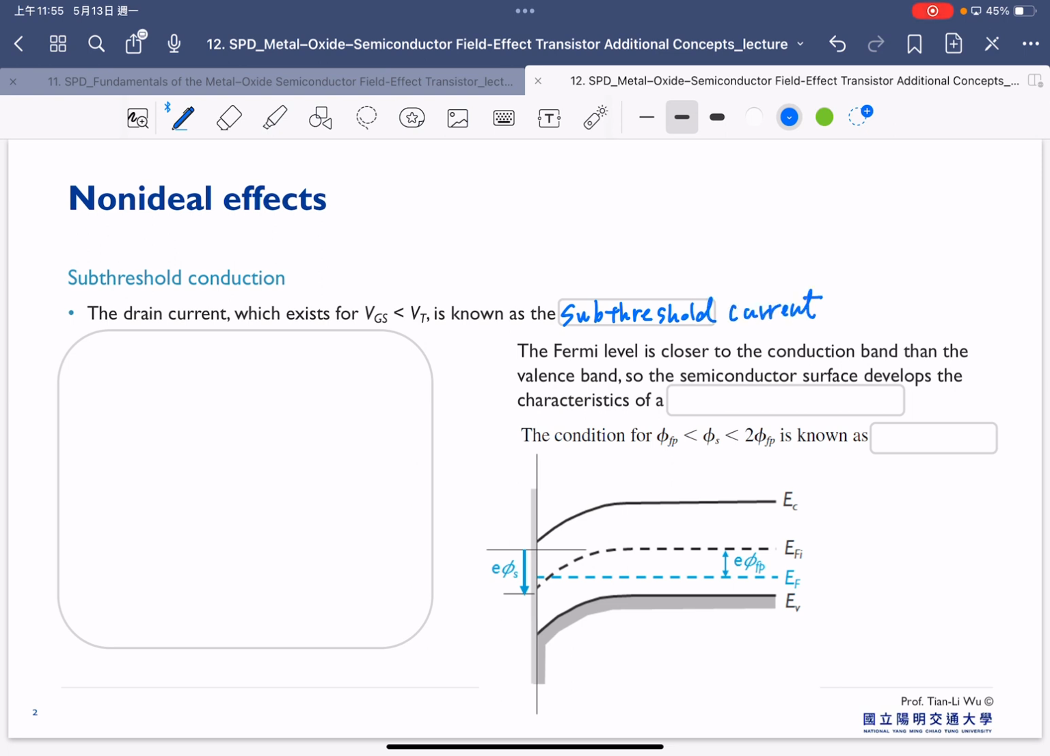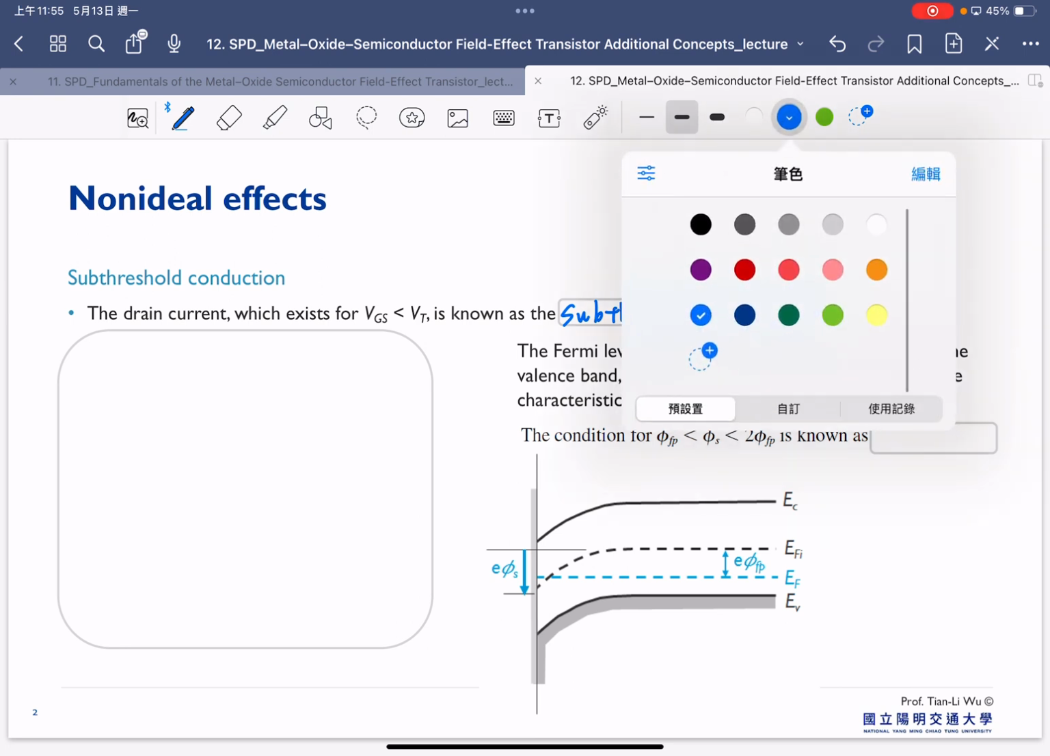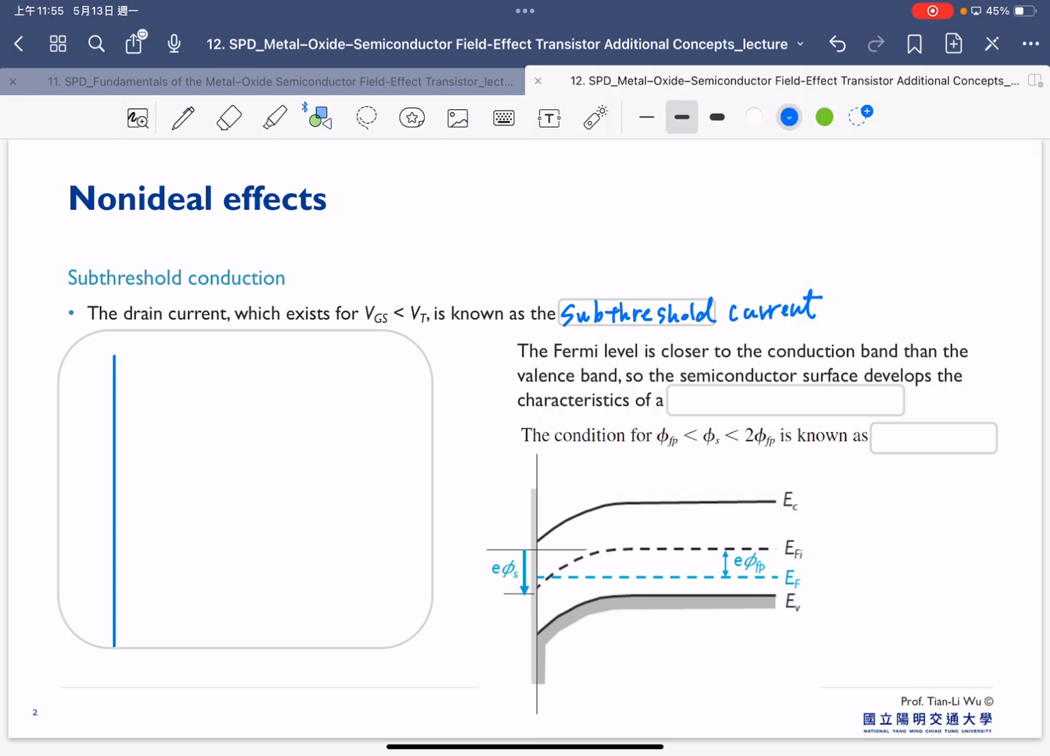So in the previous chapter, we always assumed the transistor can have current once the gate voltage is larger than the threshold voltage. But in reality, it is not true. If you try to plot the log drain current versus the gate bias, we will find out that